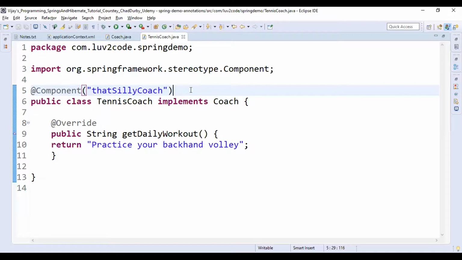When Spring scans this class, it will find this annotation, identify that silly coach as the bean ID, and then register it with the Spring container.